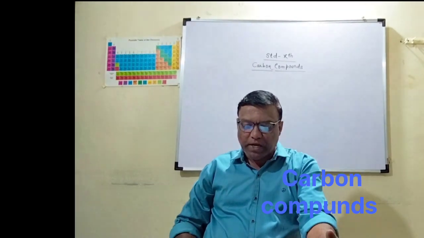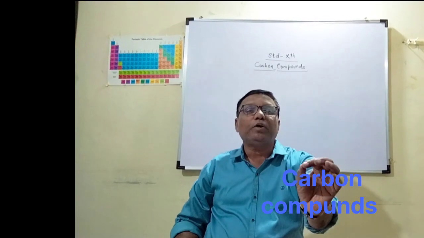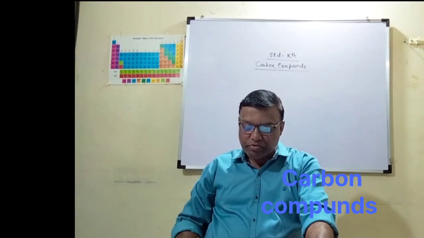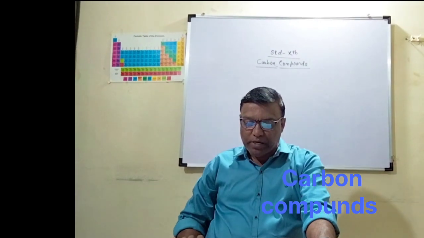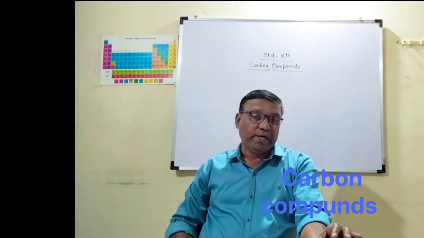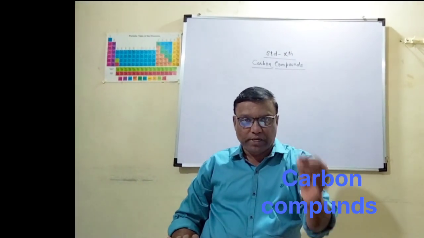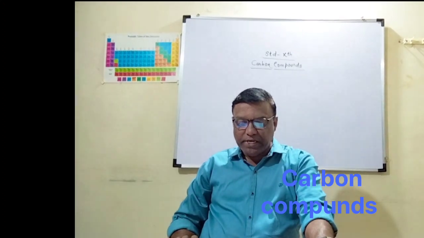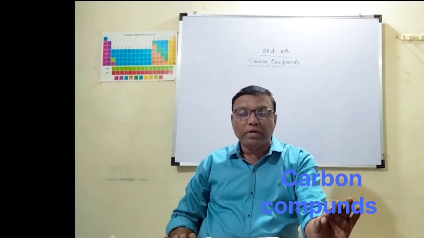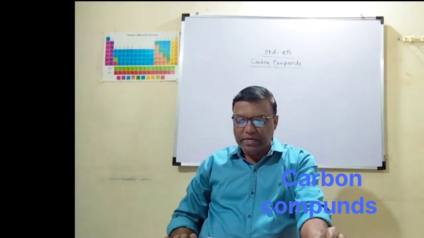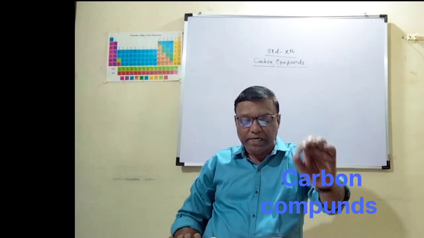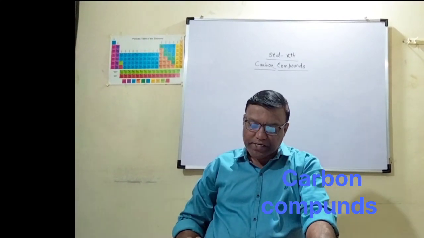Okay. Then chloroform, molecular formula CHCl3. The melting point of chloroform is given as minus 64 degrees Celsius, and the boiling point of chloroform is 61 degrees Celsius. And acetic acid, CH3COOH, that compound is commonly called acetic acid. The melting point of acetic acid is 17 degrees Celsius, and the boiling point of acetic acid is 118 degrees Celsius.